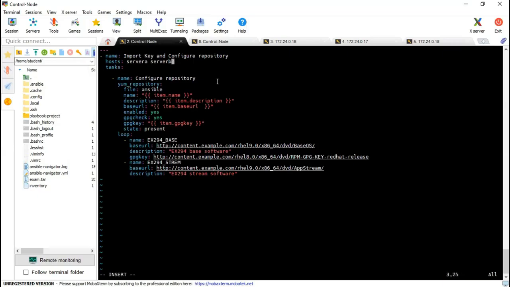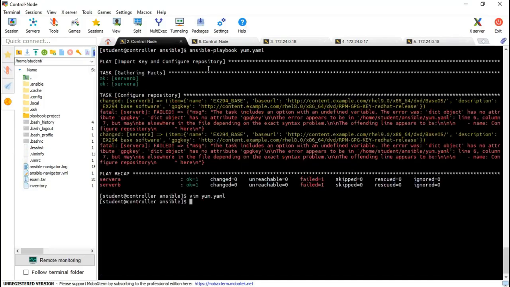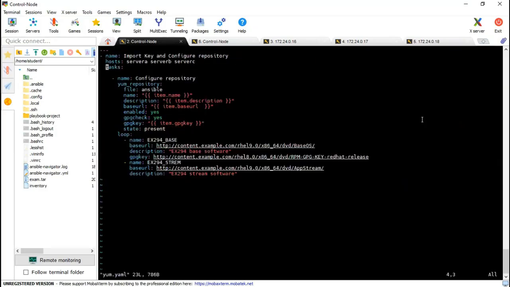They are saying all the managed hosts, so you can use the names of all the servers there, server A, B, C, D, E, all the servers. So you can put that name in the host section. And why is it giving an error? Server B, match the task, include undefined variable. Okay, I think there's some mistake there. GPG.